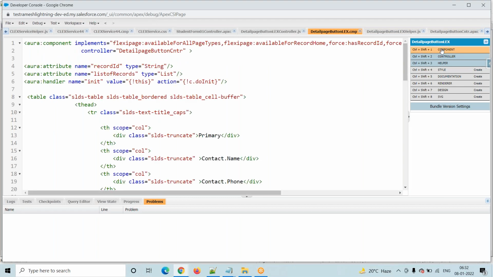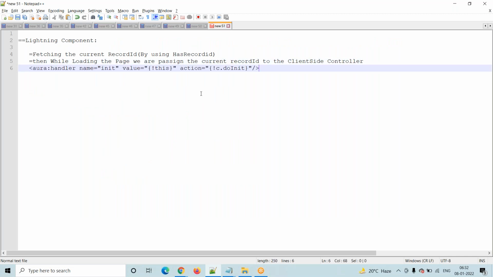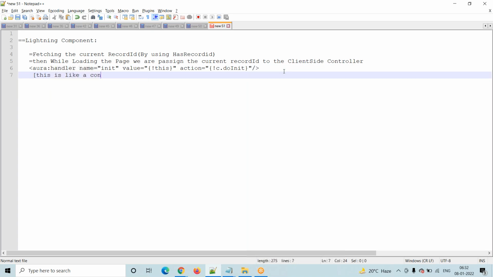By using the init handler. Technically we call this an init handler. This is like a constructor to the class.